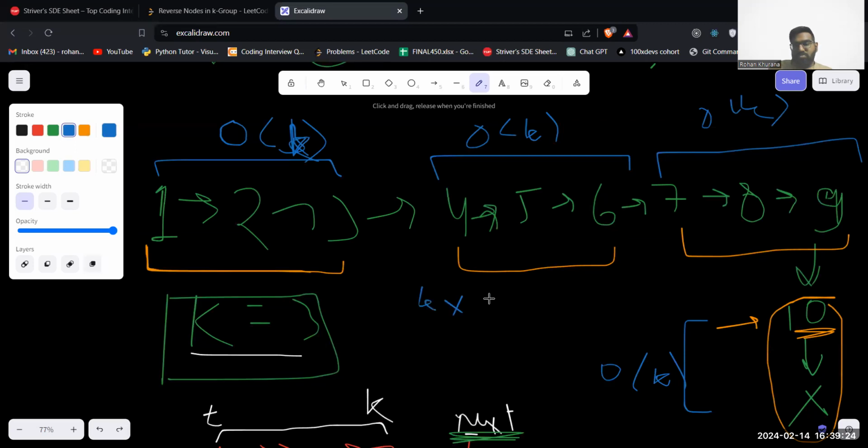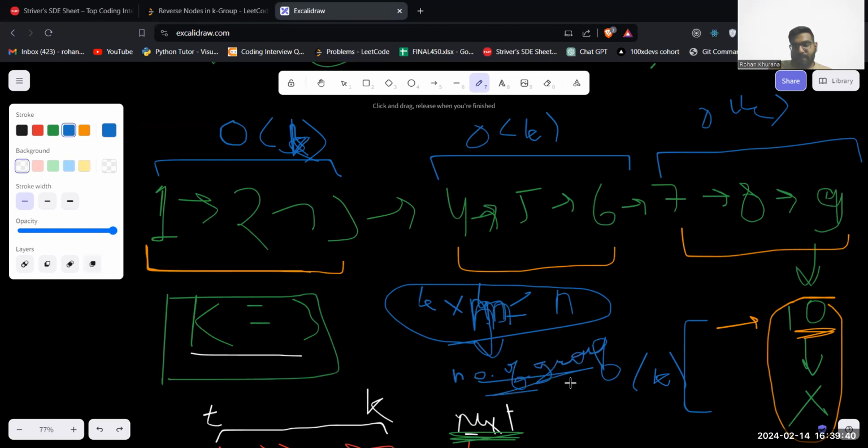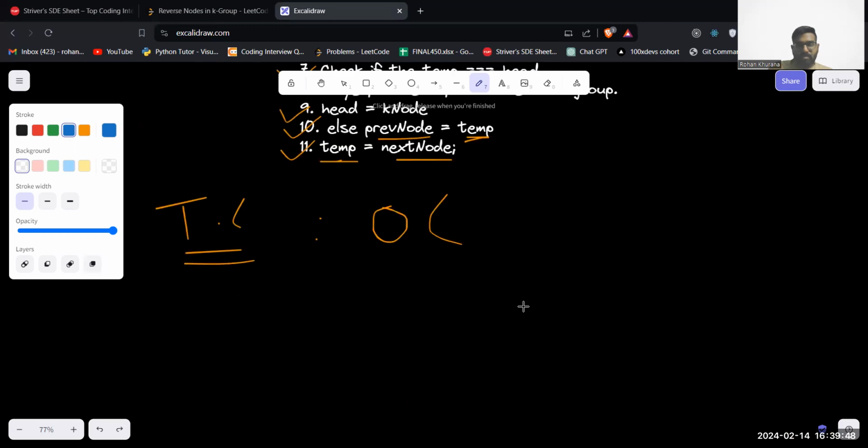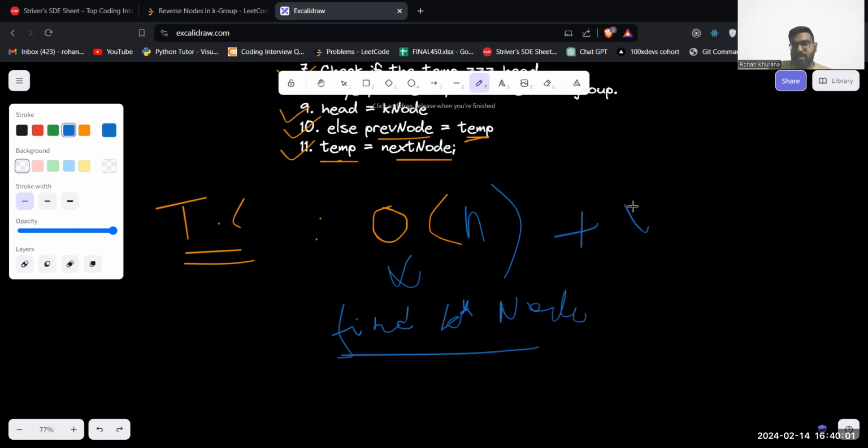K into 4 should almost be equal to my n, right? K into m, where m is equal to the number of groups of size k, is equal to n. That means I am taking almost O of n to find the kth node, correct? Plus O of